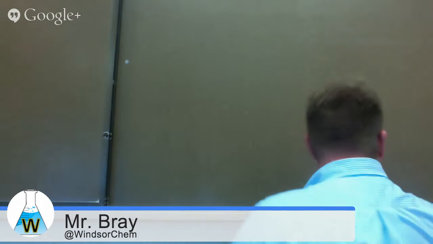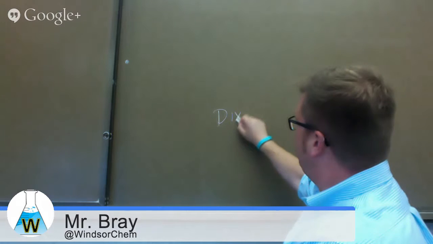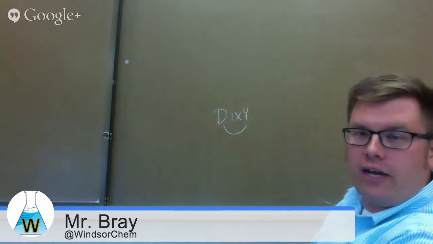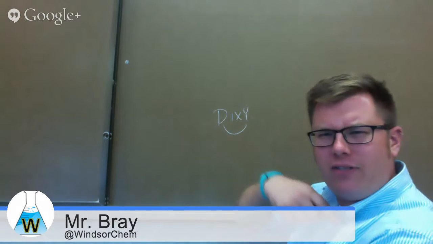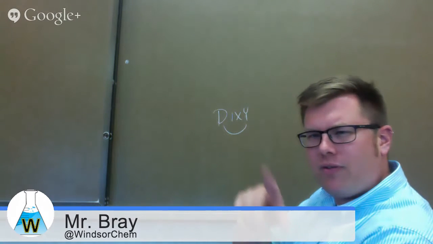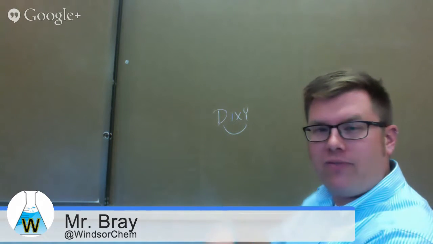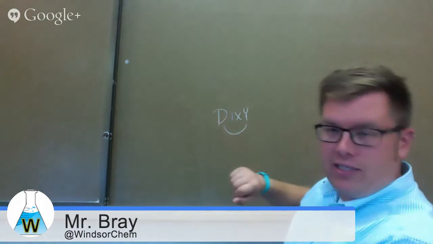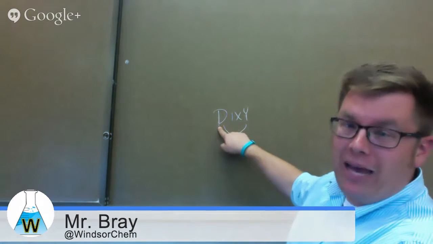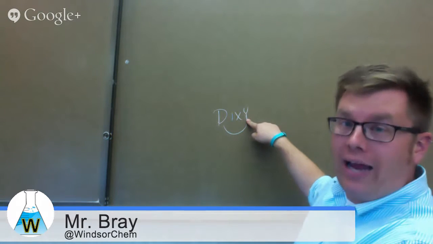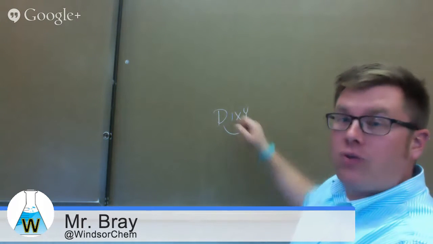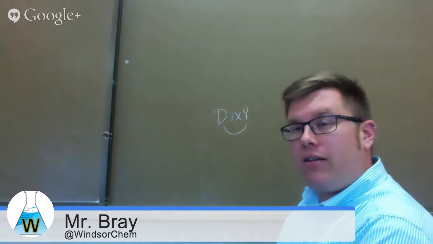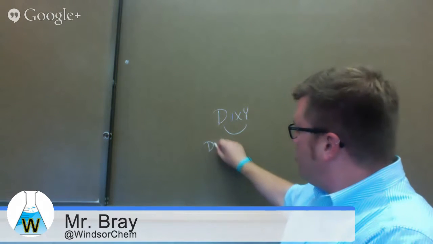And the ways that you can remember that are Dixie with a smile. Here, let me see if I can do this here. Where'd my chalk go? There we go. Okay, right here. Let's try this. Dixie with a smile, right? Hopefully that's not backwards for you, because it's backwards for me, but I think it's forwards for you, because this part down here is backwards for me too. Anyway, Dixie with a smile works because the dependent variable goes on the y-axis, and the independent variable goes on the x-axis. The other one that I learned today that I thought was pretty cool was dry